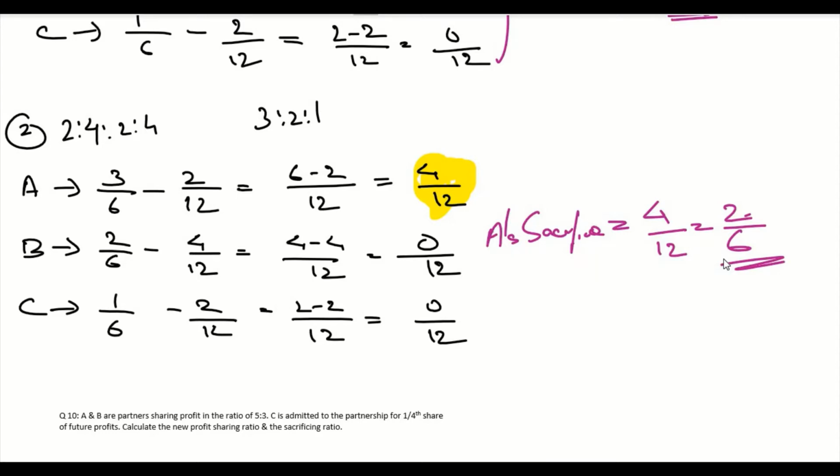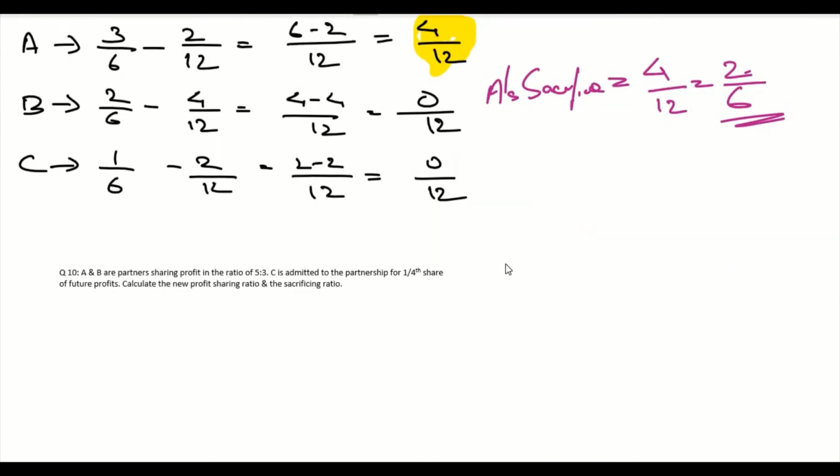Okay, now let's move on to our last question in this module, which is question number 10. A and B are partners sharing profit in the ratio of 5:3. C is admitted to the partnership for 1/4 share of future profit. Calculate the new profit sharing ratio and the sacrificing ratio. So we have A and B, and then C is admitted to the firm for 1/4 share of profit,